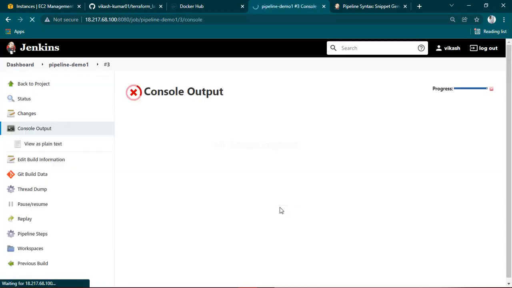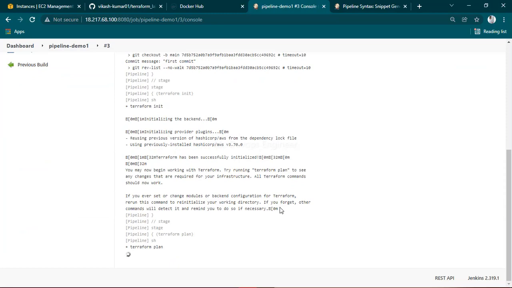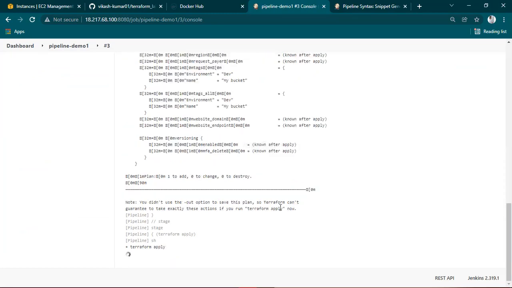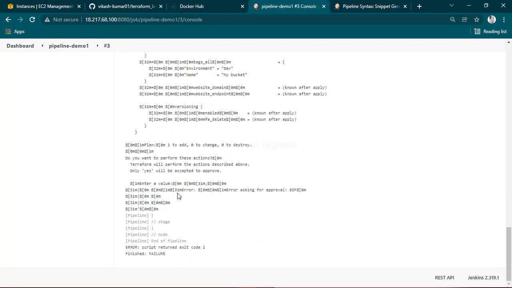Just get into this console output and let's see. Okay, terraform plan has been done. Terraform apply is going. Terraform failure, so you can see only yes will be accepted. So okay, we have missed auto approve, like when you run a terraform code manually, you have the option to provide yes, but in Jenkins you have to auto approve it. So let's go to our Jenkins pipeline,